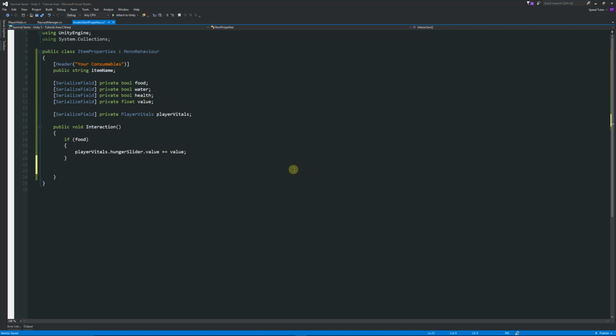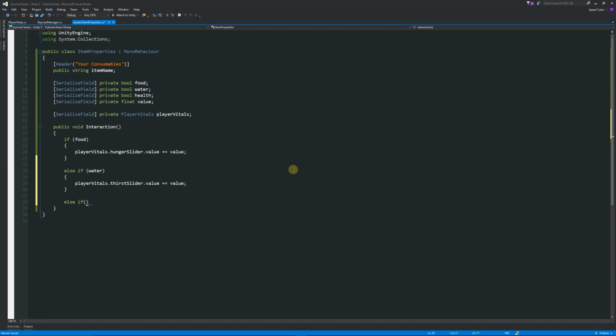Then underneath these 2 brackets we can say else if, and we can put in the brackets water, so if we tick that it's a water consumable, we'll do something similar. So we'll say player vitals dot thirst slider dot value plus equals again value,